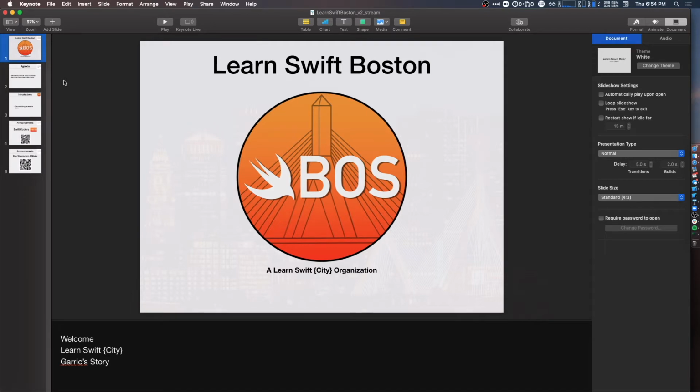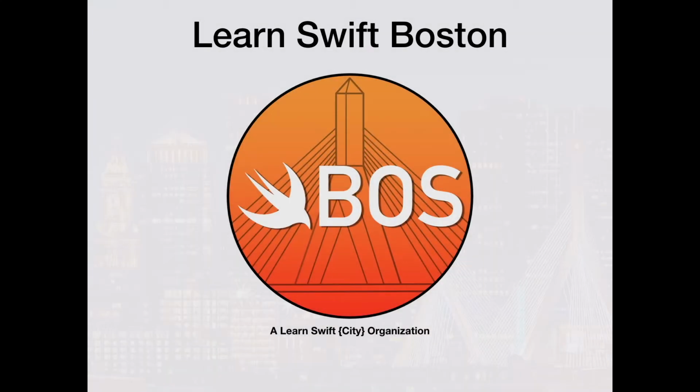So if you aren't familiar with who we are, we're a meetup here in Boston, Massachusetts, and we are part of the Learn Swift City group of meetups. This started with one man from the LA area. He was a lawyer. He decided he no longer wanted to be a lawyer, so he quit his job and started driving Uber so he could teach himself Swift. He started a meetup just like this out in LA called Learn Swift LA, started a podcast, and reached out to the internet saying, hey, if you want to start a meetup in your hometown, let me know. I did, and here we are almost 4 years later talking about Swift, and first time ever on the internet.